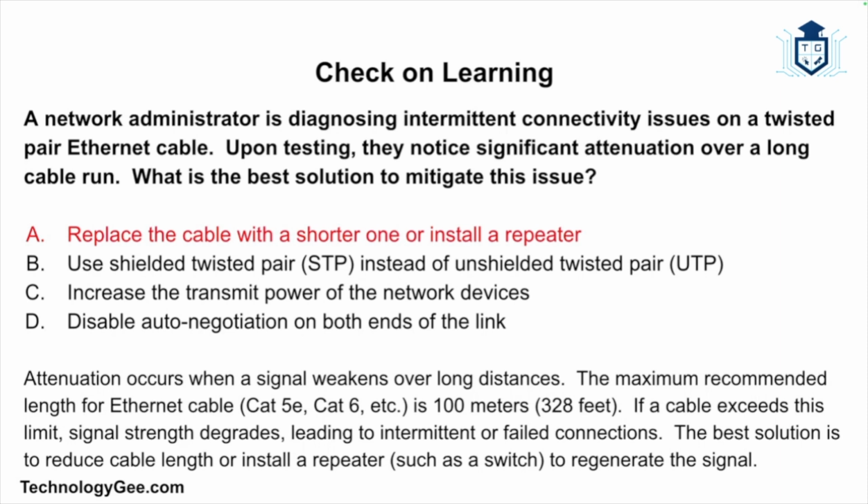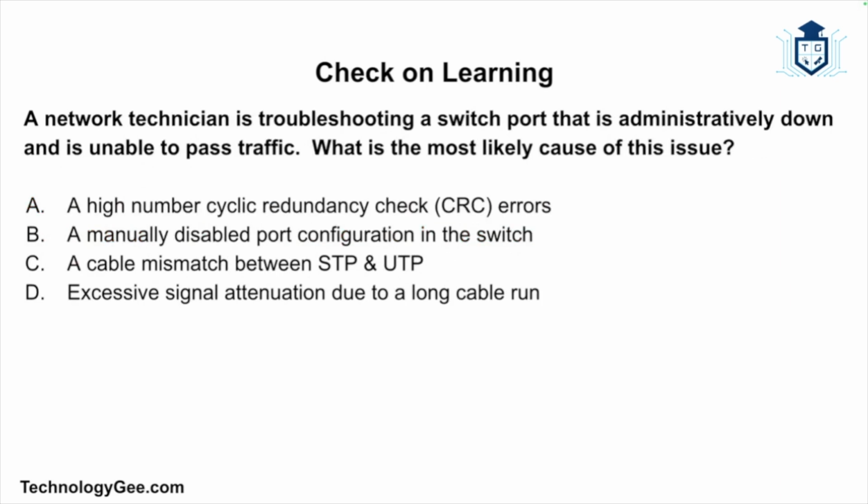So attenuation occurs when a signal weakens over long distances. The maximum recommended length for Ethernet cables is 100 meters or 328 feet. If a cable exceeds this limit, signal strength degrades, leading to intermittent or failed connections. So the best solution is to reduce cable length or install a repeater, such as a switch, to regenerate the signal. And our final question,